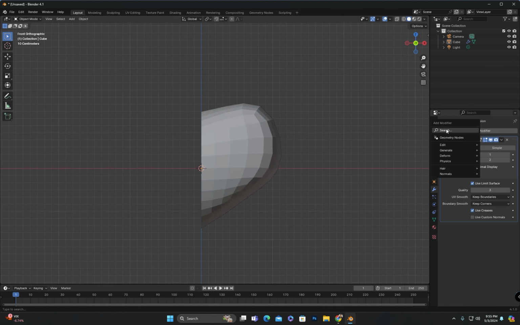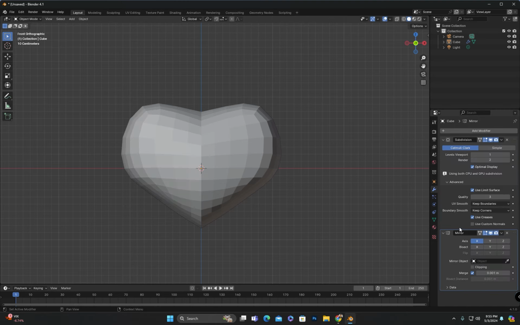Once I have created half of the heart shape, I will apply a mirror modifier to it.